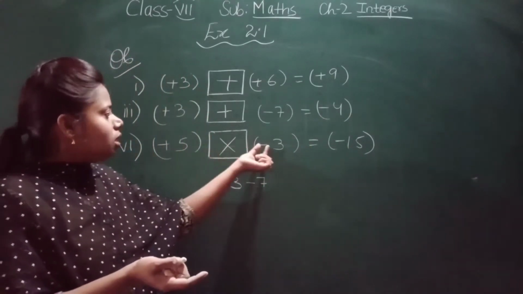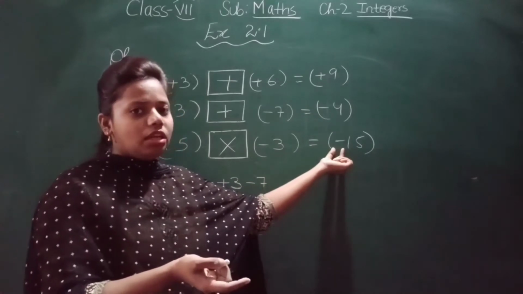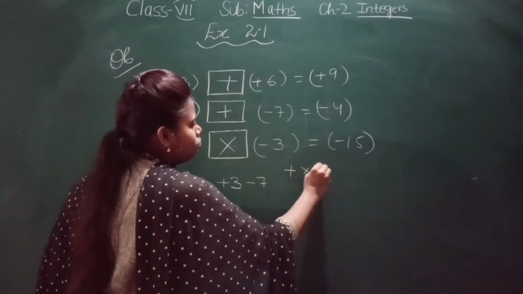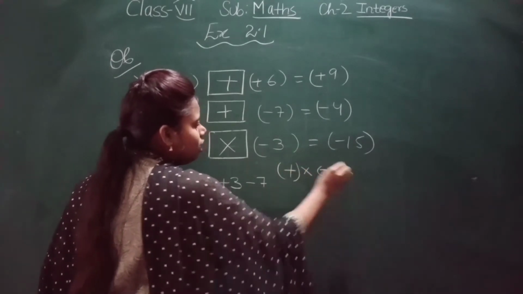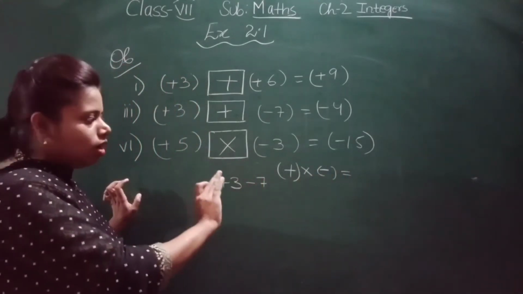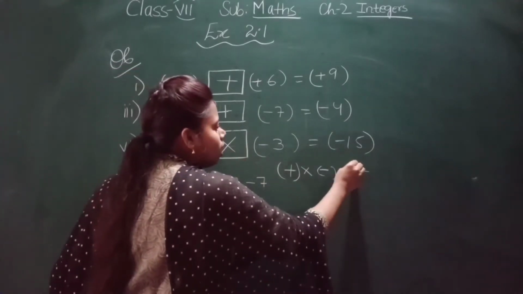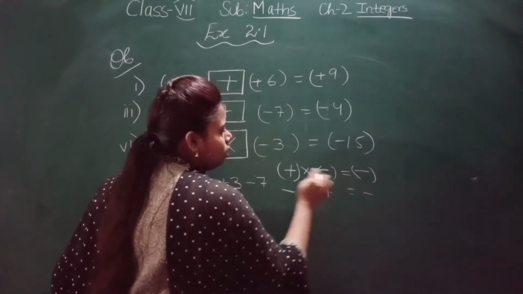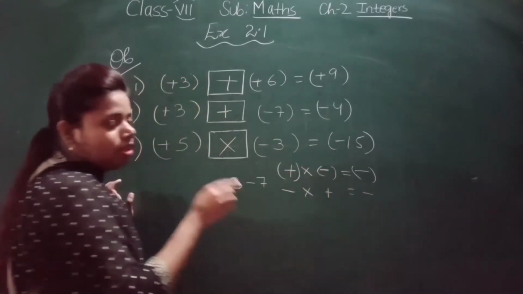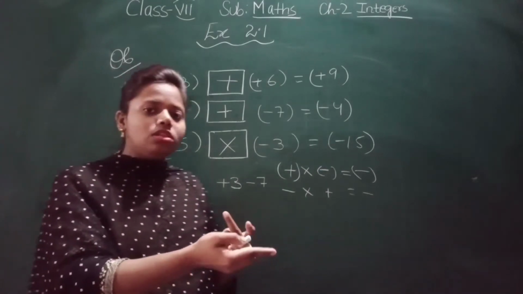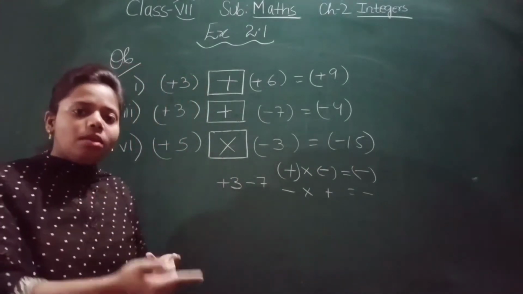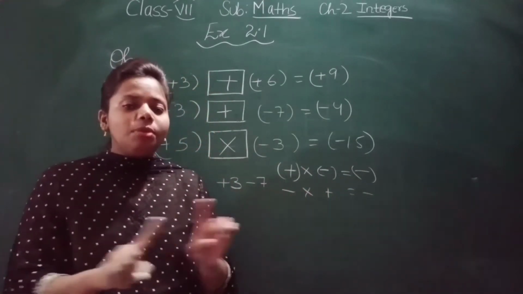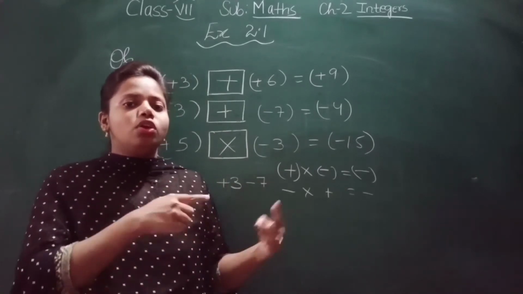And when the signs get multiplied, plus into minus is minus. In multiplication, you don't have to see which one is greater or smaller. When you multiply, plus minus is minus. Minus into plus, what will be there? Minus only. Plus minus or minus plus. When one negative integer gets multiplied by a positive, or one positive integer gets multiplied by a negative integer, the sign you have to write is minus. In multiplication, you don't have to see which one is greater or smaller to put the sign.